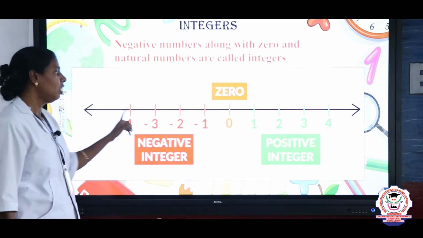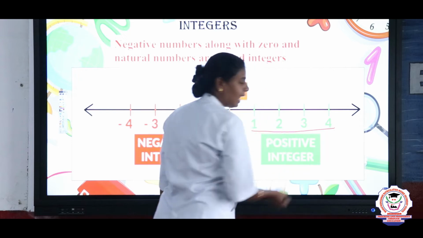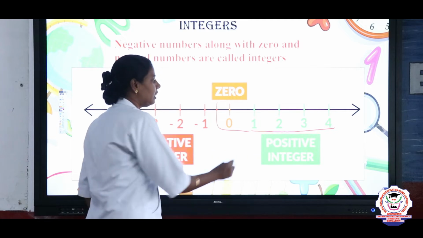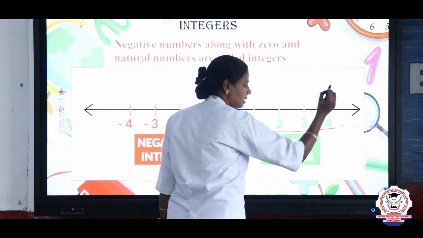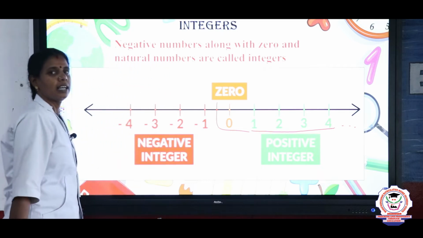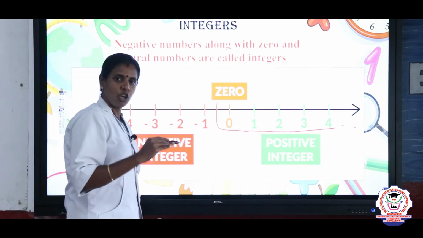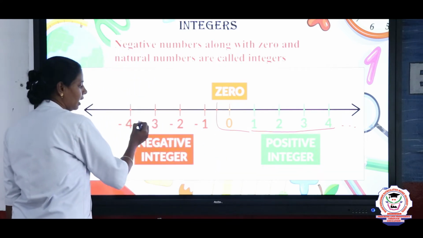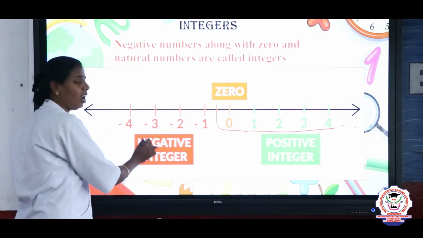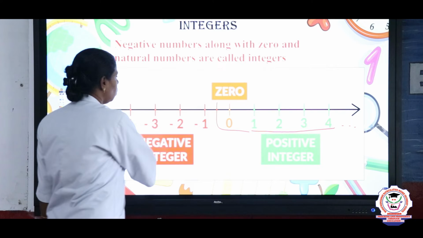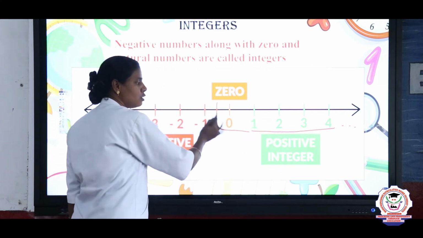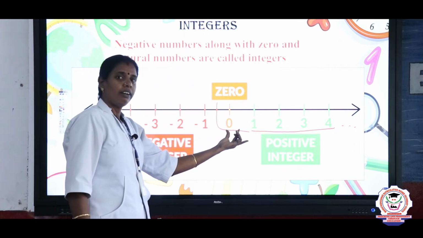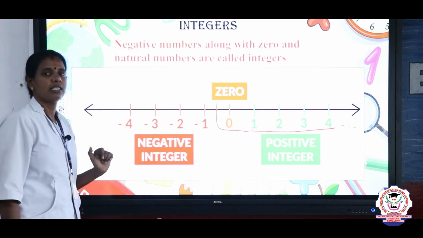So, already we have known this 1, 2, 3 are called natural numbers. When it joins with 0, it is called whole number, right? This 1, 2, 3, 4 till infinite etc. are called positive numbers, and 0 is neither positive nor negative. And left side of 0, minus 1, minus 2, minus 3, minus 4, this set of numbers are called negative integers. So, all together positive and negative with 0 is called integers. Is it clear?